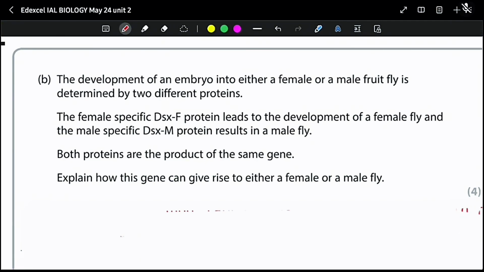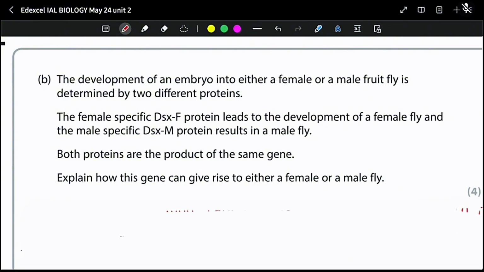So we know the post-transcriptional modification will occur. So the RNA will be spliced during the processing of DSX pre-mRNA. So the introns, which we know as the non-coding regions, will be removed by enzymes called spliceosomes, and they will form mature mRNA. And the exons, which are the coding regions, will be rearranged or removed if needed, and that will lead to the production of 2 distinct mRNA variants. So one will be for the male, one will be for the female.